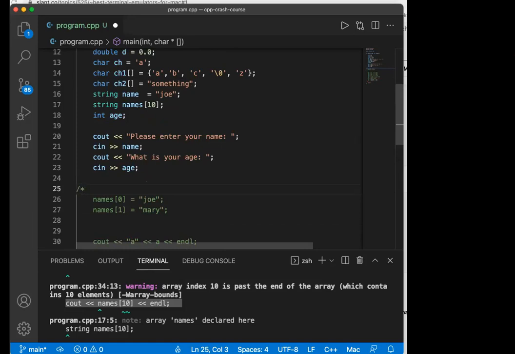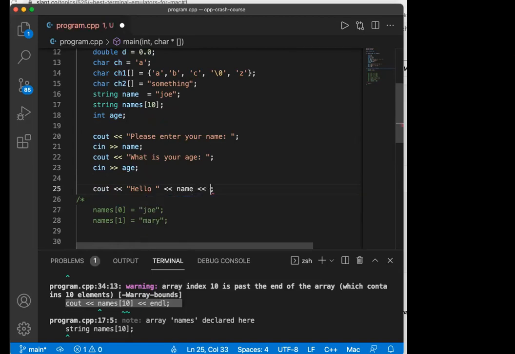So now I want to display the information, and I want to say hello, and whatever name you entered, and let's do that. So I just say cout hello, and then I put the name, and I'll put a new line, put endl. Okay, so now when I run this,